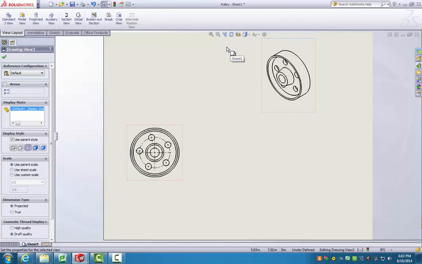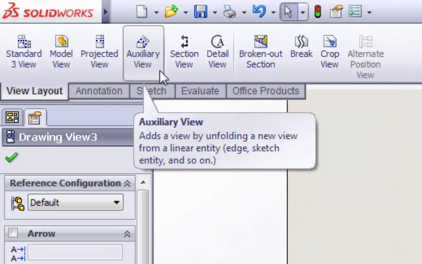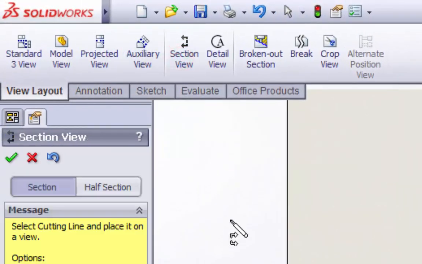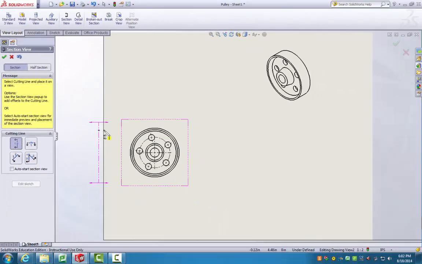So what we need is a section view. Now, if you've read the book, you already know a little bit about what a section view is. So I'm just going to show you how to do it. We're going to click this in the View Layout, Section View tool. We have to draw a cutting line. Now, we've got some options. Generally, the first couple is just a horizontal or vertical cutting line, or you could make some angled or even notched cutting sections. But generally, most everything you'll either do a vertical or horizontal, occasionally a side. You rarely have to do an aligned